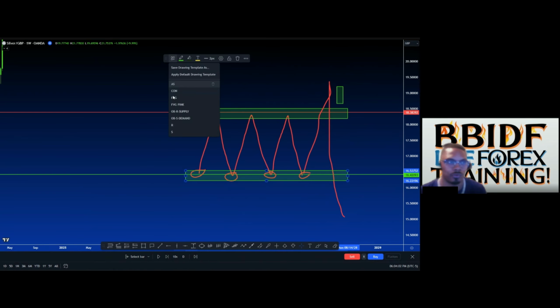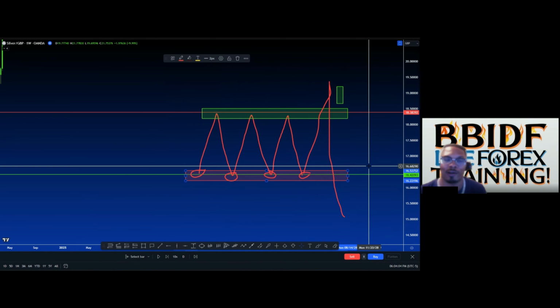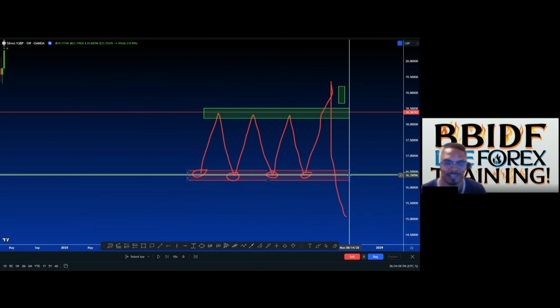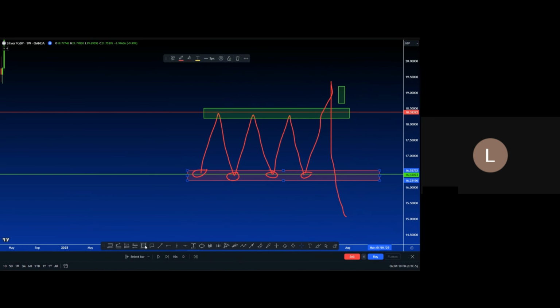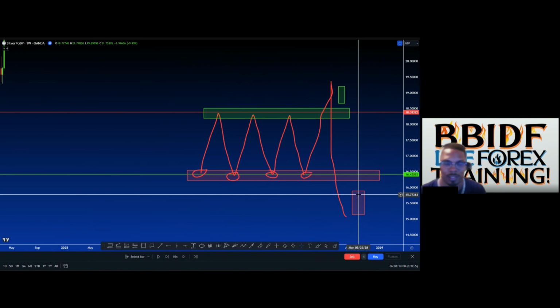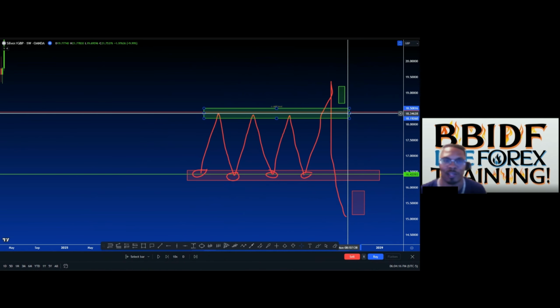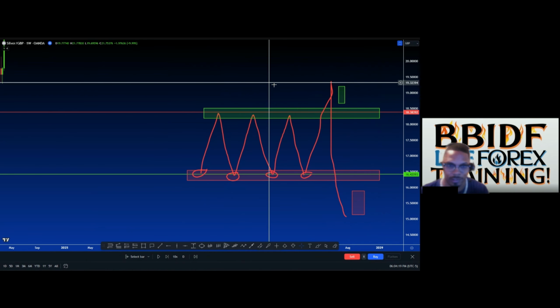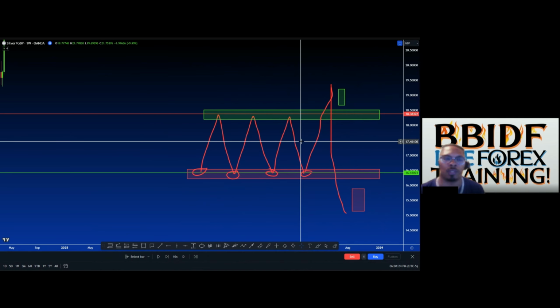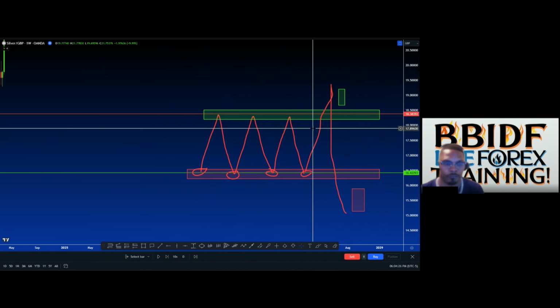All right. Cool. So now, why does it become resistance? Because it's below. That's right. The candles are below the zone. Guys, I'm telling y'all, you're gonna have to get this. I don't care how many times you have to repeat it to yourself or write it down or look it over. This is going to be critical, very, very critical to you making money.